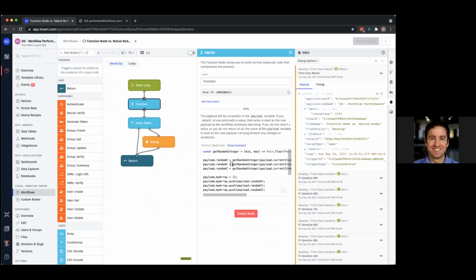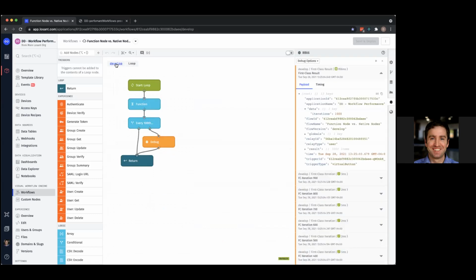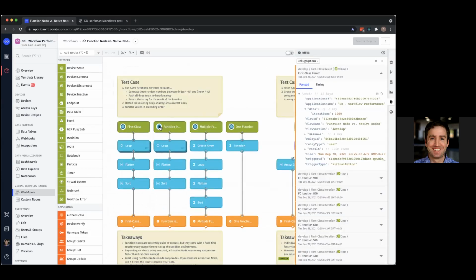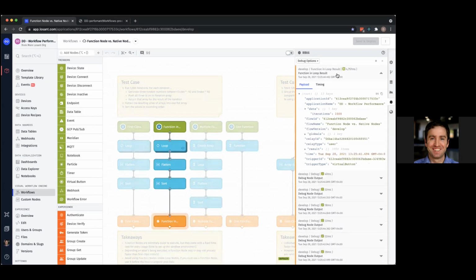So this function node is doing all the same work that was in all those other nodes that we saw before. We're generating our RAM numbers, we're pushing them to an array, and then here we got our decimation again to show every individual iteration. So if I run that, you can see they're taking a little bit longer per iteration, in the range of 15 to 40 milliseconds. And this took almost 5 seconds to get through and generate the same amount of data